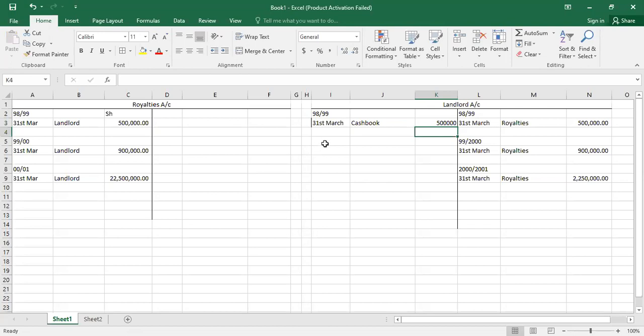So the same will happen for the year 99, 2000. Except again, when the transaction has been completed, I'm going to pay for the 360 tons, which is 900. And then in the year 2001,